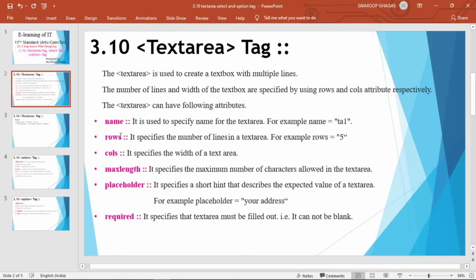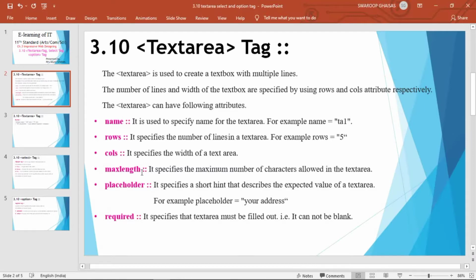Then the rows attribute is used to specify the number of lines, number of rows in that text area control. So we can specify like this: rows equal to 5, 6, 7, etc. To specify the width of that text area, the cols attribute is used. So we can set it like cols equal to 40, 50, 90, etc. That specifies the width of the text area.